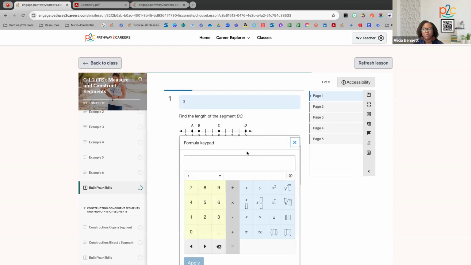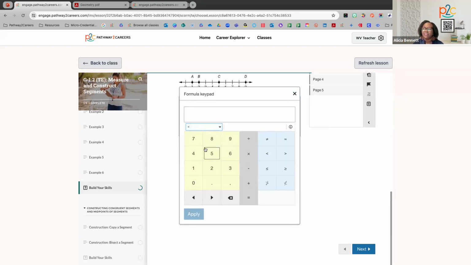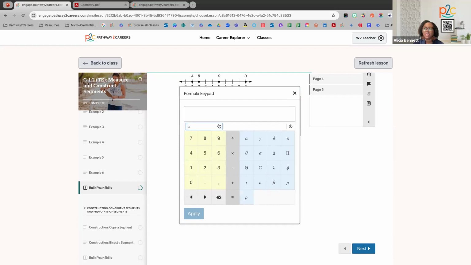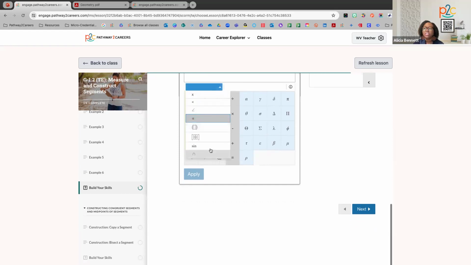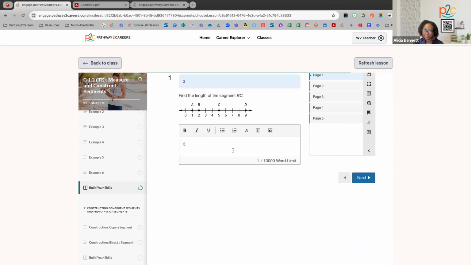We also have a formula keypad that can be modified based on student needs. So if they are looking at inequalities, they have access to one that is specific to inequalities. So based on the information students are studying, they have different options here to use within their formula keypad. We also have a table, and the component that most of our math teachers really, really love is that if